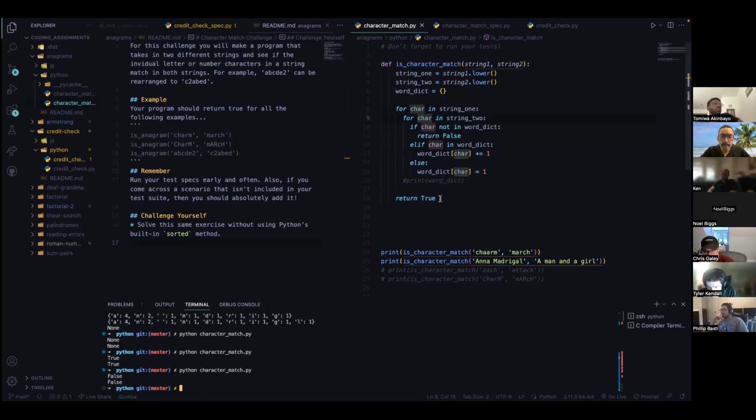Yeah, so if the letter in string 2 equals the letter in string 1, then you want to append that into the dictionary or add it. So we just have to code that to make that work. Which line, and say that again? Yeah, so I'd start on line 10. You said of the character. Yeah, I would do if character equals the one in string 2, equals the one in string 1, then